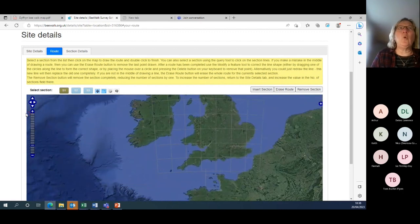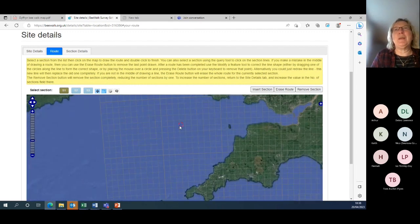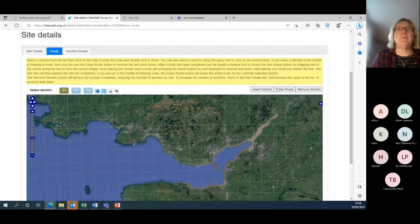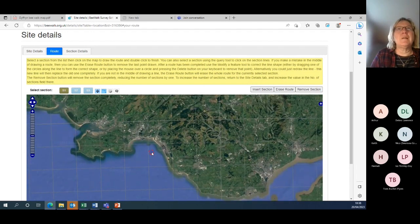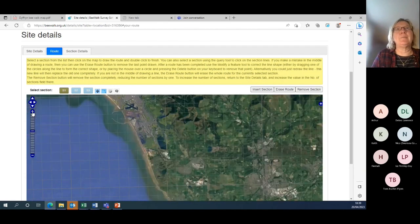I don't know, there's always some little thing that can be a bit frustrating, but my colleague Helen will be on hand. I won't be able to find this now. Yeah, I've got no idea where it is. So I'm going to skip this section, but basically